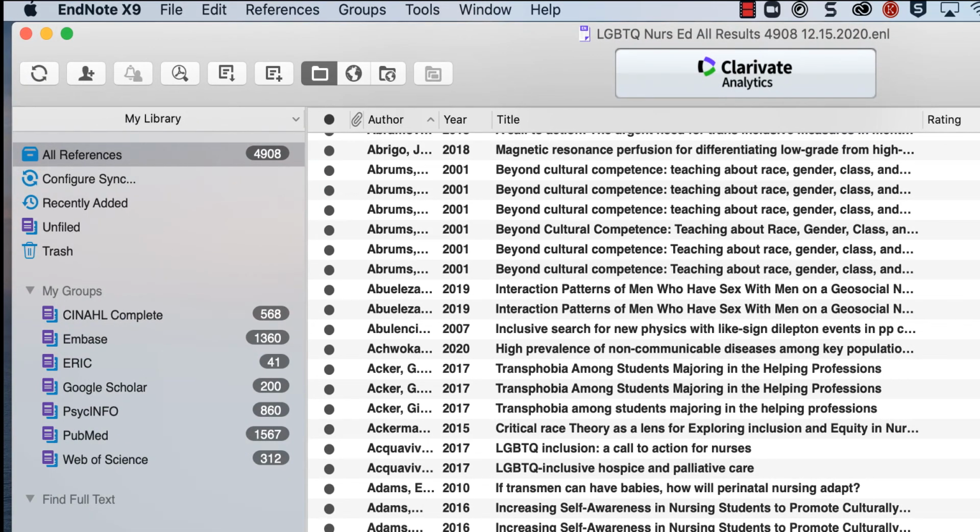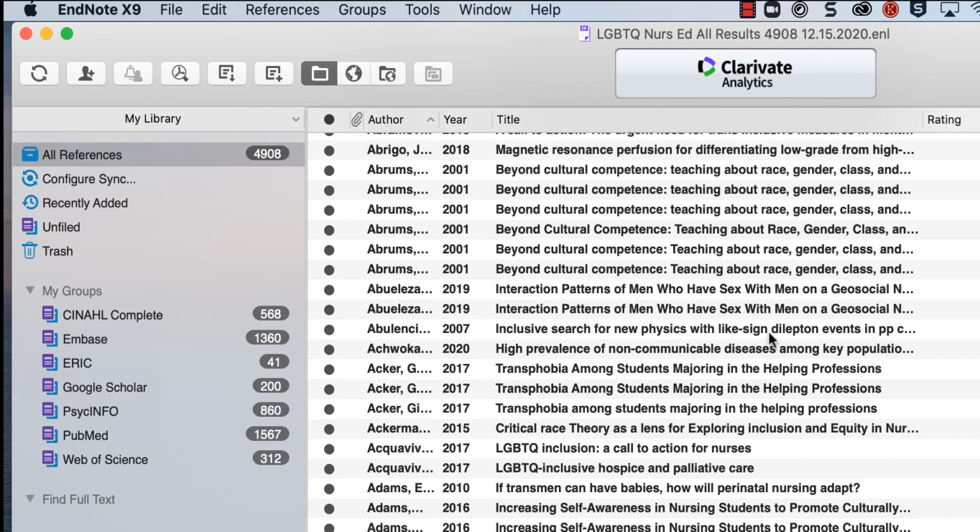As you import the citations, move them into the appropriate folder. This will allow you to keep an accurate record of total search results from each database. Please watch the other videos in this series for in-depth demonstrations of how to export citation files from individual databases and import them into EndNote.